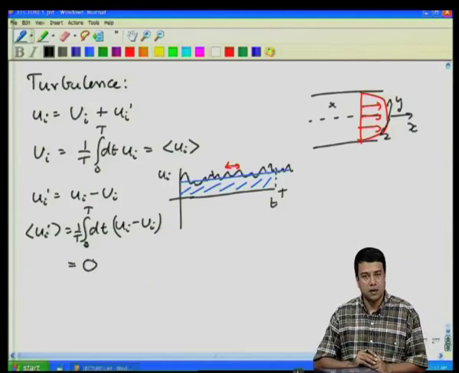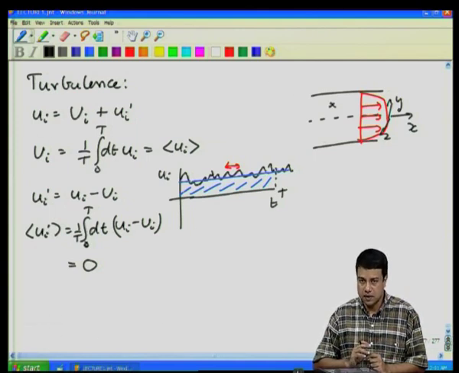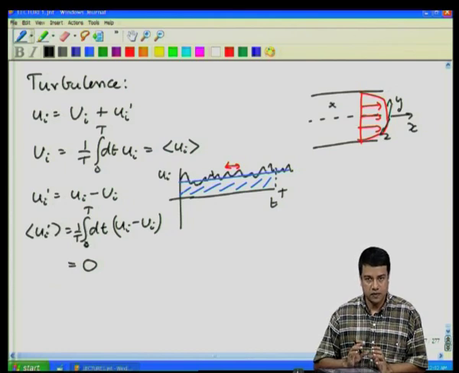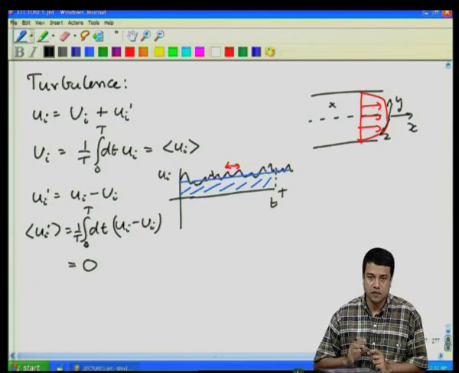I should note that this is not the only way this can be done. One can also do what is called an ensemble average. That is, you take many realizations of the same turbulent flow with the same average velocity profile or average properties, for example, the average pressure gradient, with different instantaneous velocities, and do an ensemble average over those as well. But for now we will restrict our attention to just steady flows in which the averages are steady, the instantaneous values are not, and deal with those alone. We will not take into account the time varying flows.